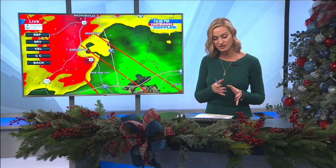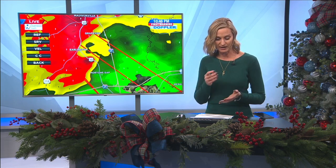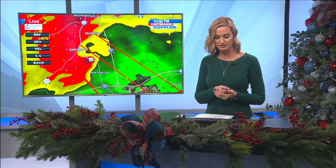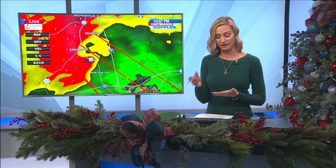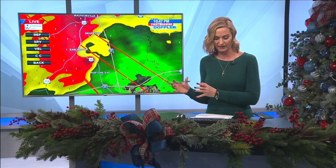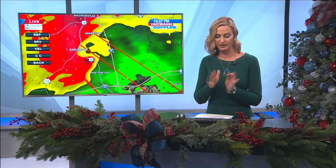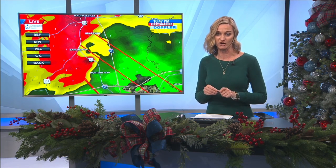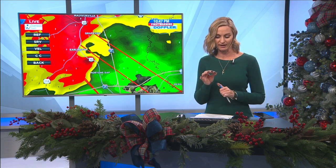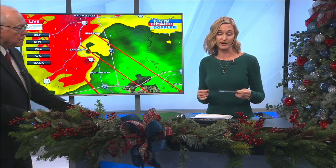So if this holds together, they're saying one of the strongest storms to impact that area in nearly a decade. So they can't understate how serious this situation is. They have gone ahead in Ohio County and issued that tornado warning well in advance of the storm. Like we've been telling you for the past couple of hours, everybody in these areas needs to take your precautions now. Again, the Weather Service out of Louisville and Paducah, everybody is using as strong wording as they can